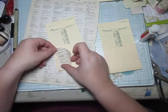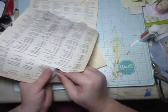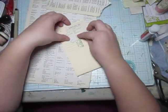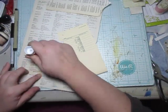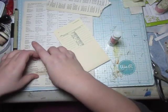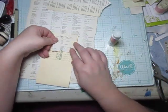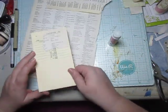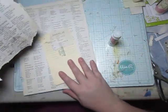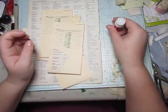But again, this is just a fun, unique way to add a little something to these pieces without necessarily spending too much time on it. Oh my goodness, doesn't want to come up. All right, put the scrap underneath here and bring out some more of this. Again,